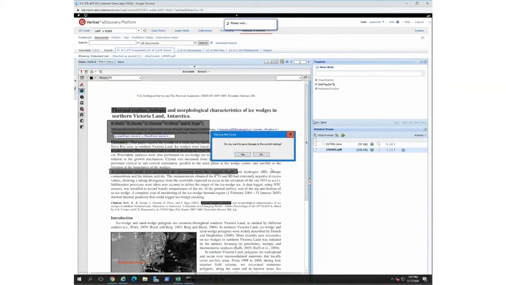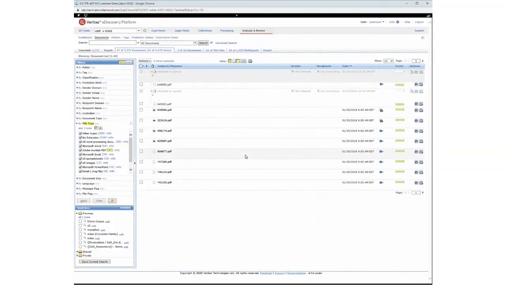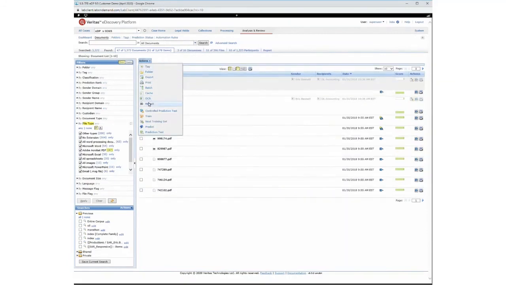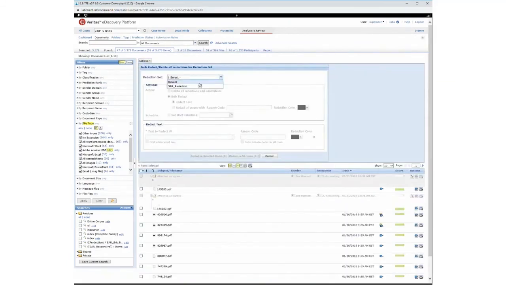We also introduced a new technology in Veritas EDP 9.0, which is called bulk redactions. In bulk redactions now, as opposed to running redactions on a single page, we're able to run redactions across our entire data set or a folder or a set of documents that we're currently viewing. From the Actions drop-down menu, I'm able to pull up the bulk redaction option. Again, I can attach it to my default redaction set or a specific redaction set. This here is illustrating a subject access request redaction set. And I'm simply asked to type in the text that I'm looking for and go ahead and give it a reason code, PII, IP. Give it a color if I want to, and it'll go ahead and run across the entire data set for